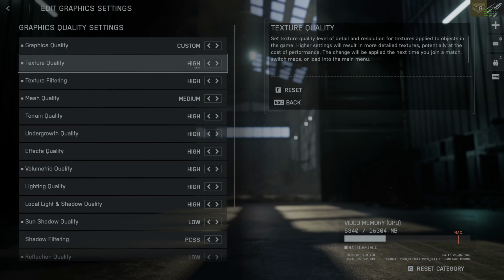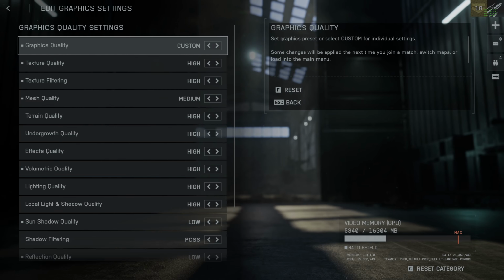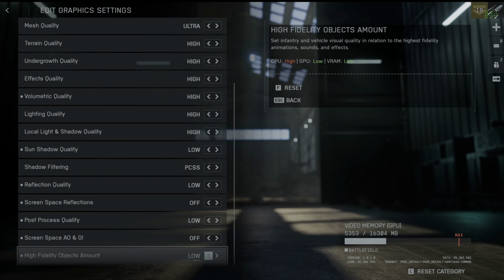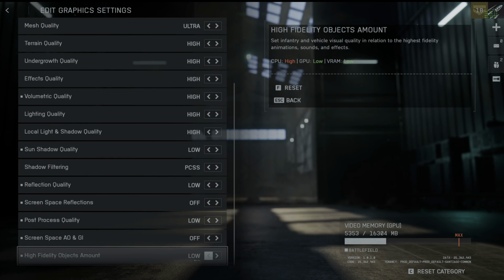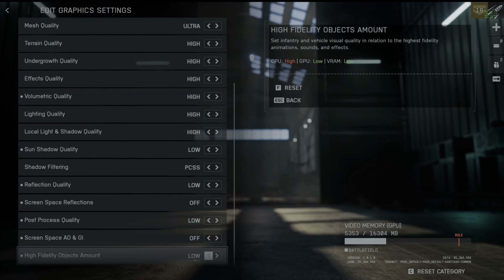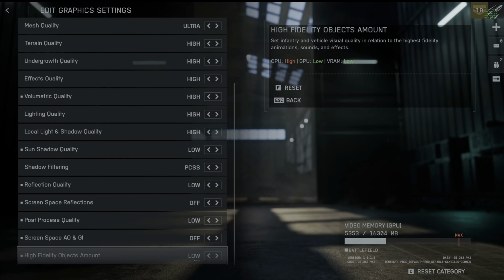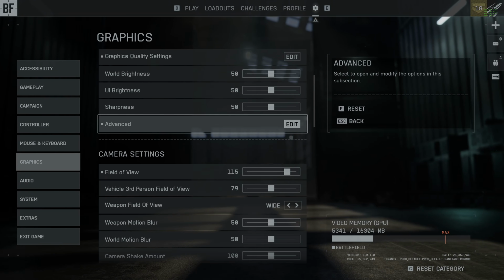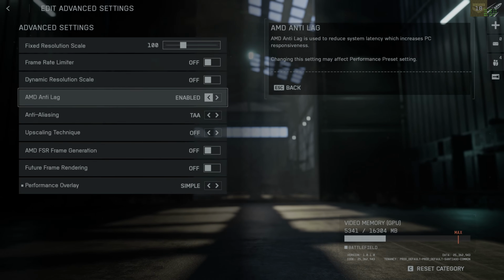We've got sun shadow quality down to low. Shadow filtering is PCSS. Reflection quality is low. And at the bottom, the screen space AO and GI are off, and the high fidelity objects amount is below. Now, to get even more performance, you can go into the advanced graphic settings again, and then you